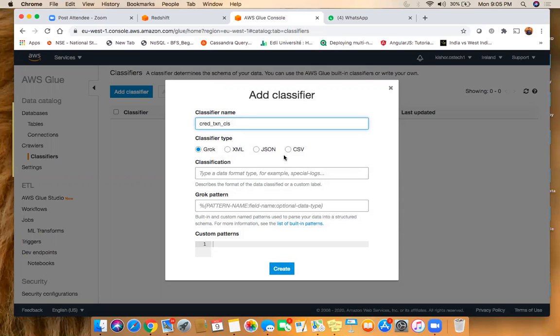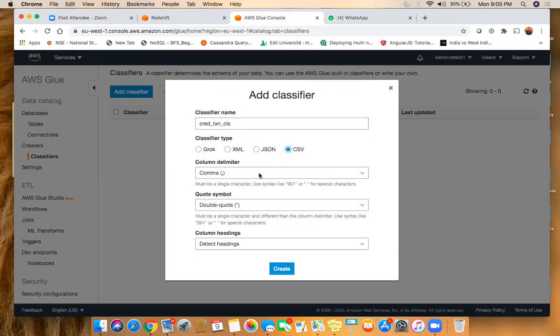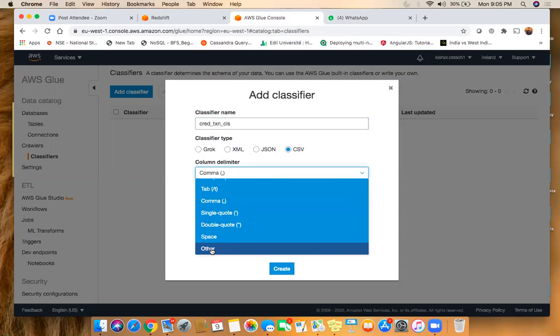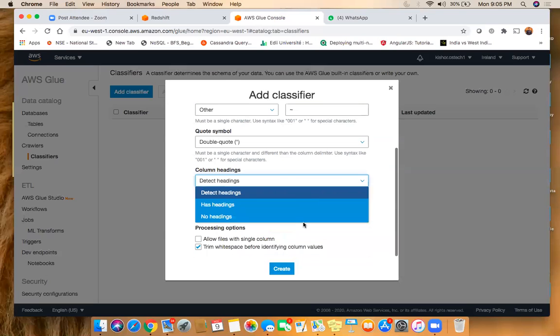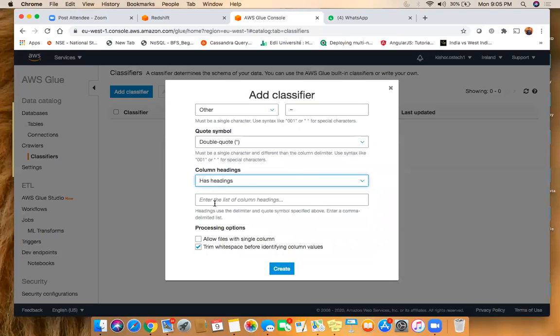CLS. Okay, it's saying what are the different type of files: grok, xml, json, csv. So I'm using csv. And for delimiter it is tilde only for us. Quote, we don't have any quote, and has headings. Okay, and we have to pass the